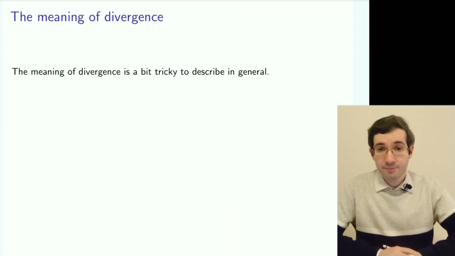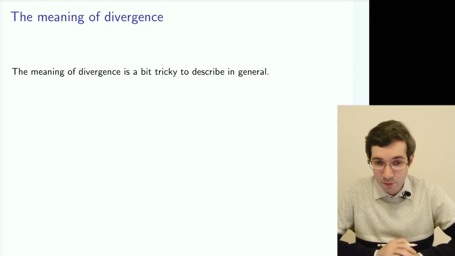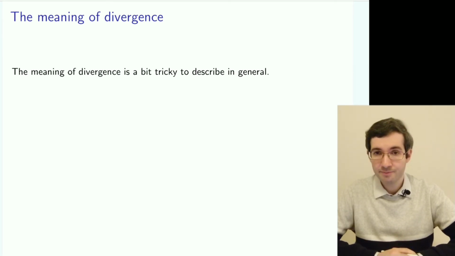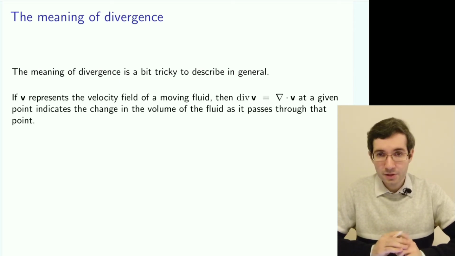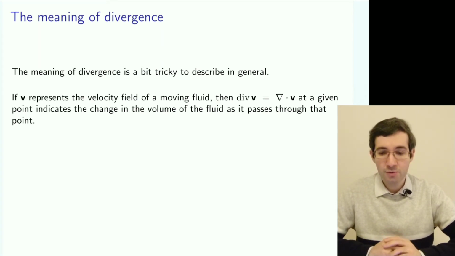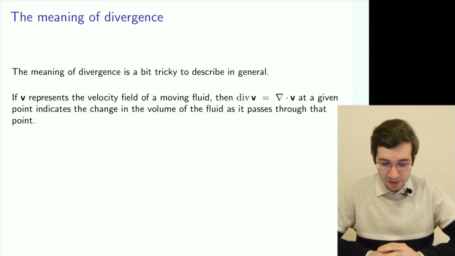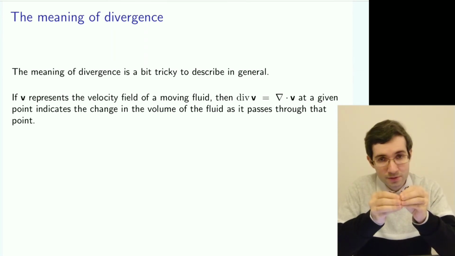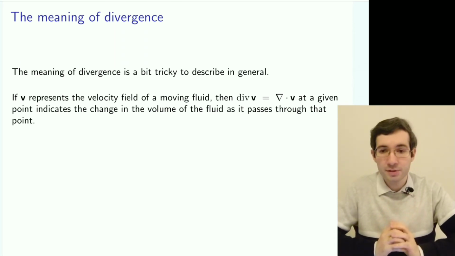But what does it mean? What is the meaning of divergence? It's actually not as straightforward as we have seen with the gradient, but we can discuss it anyway. And one helpful analogy is to think about flow of liquid, so fluid flow. And let's think about a small volume of that fluid, a small element of that fluid, as it travels around and evolves.